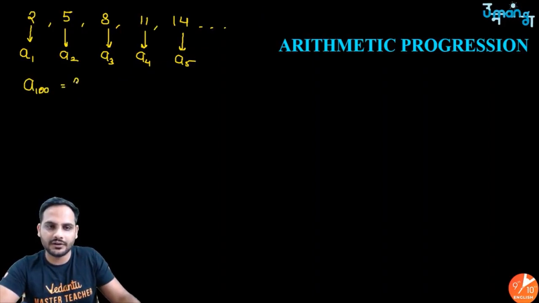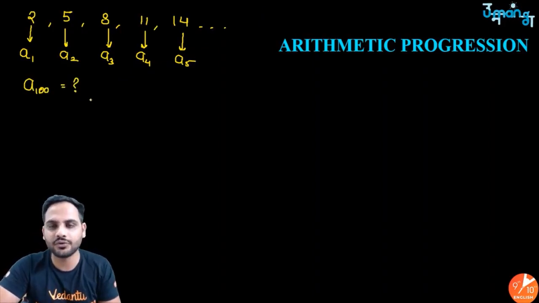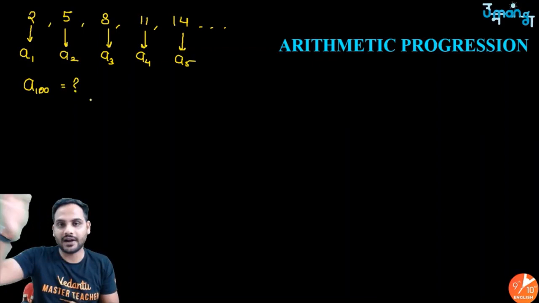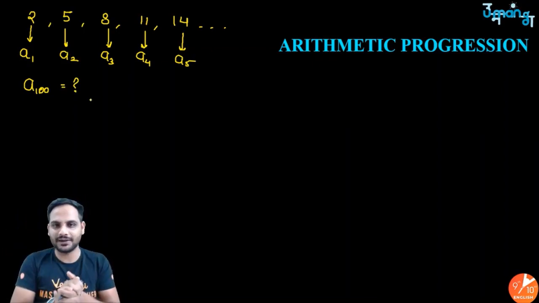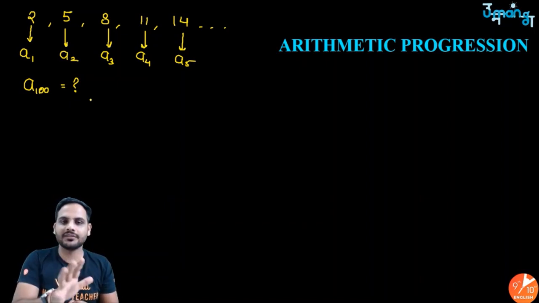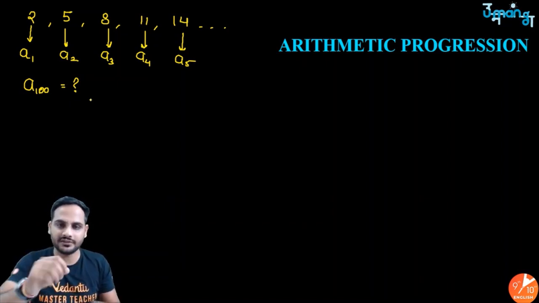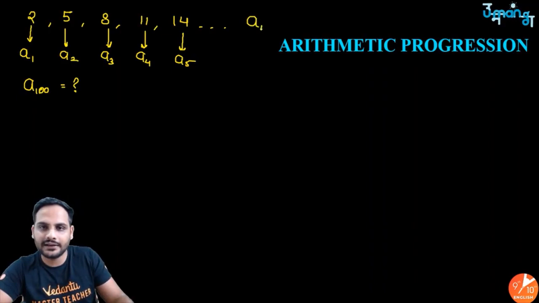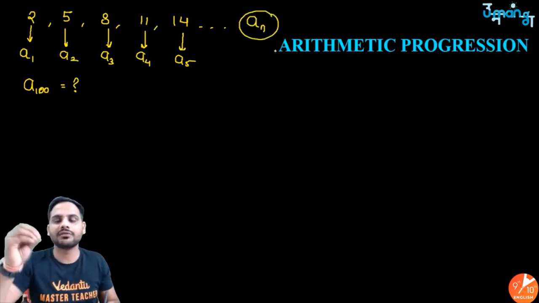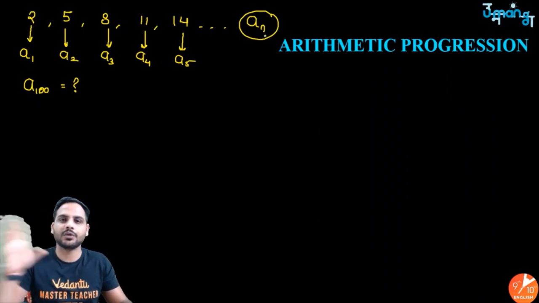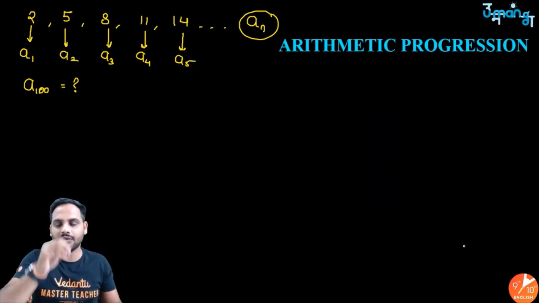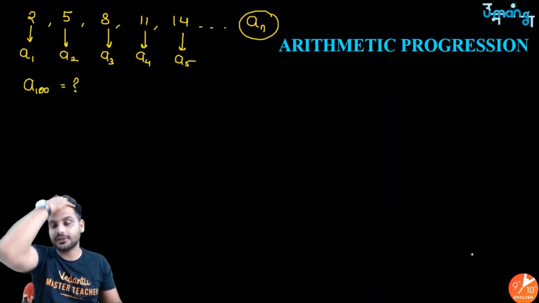What is the 100th term? Now it is very difficult to get the 100th term because we have to write the series up to the 100th term, so that will be a very lengthy part. So I will try to derive one relationship with which I can get any nth term of this AP. Whatever value of n I put, that term I will get. For the 100th term, n is equal to 100. So I am finding the formula to get the general term of an AP.